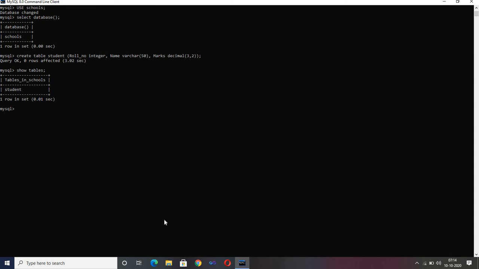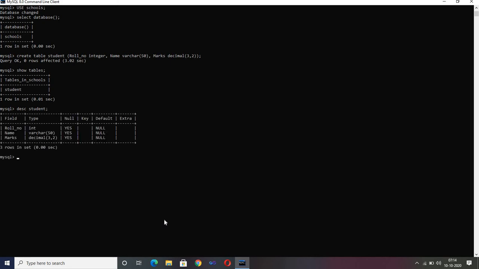Now if I want to see the description of the table, we have two options. Either use DESC, short for description, and write the name student, or you can write the whole word describe.